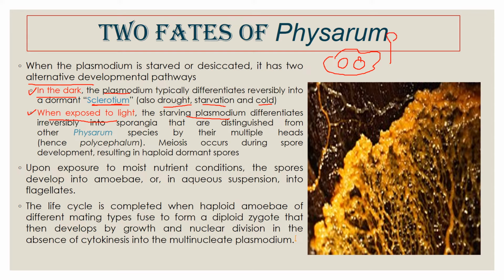So this is how the sporangia is formed, and this sporangia is very brightly colored, just as the plasmodium was. We know that the plasmodium of Physarum is yellow, orange, with a reddish or brownish tinge, and this sporangia, which is formed by the